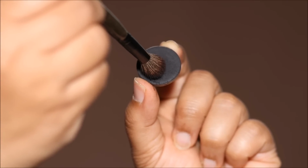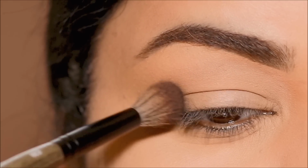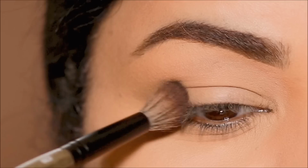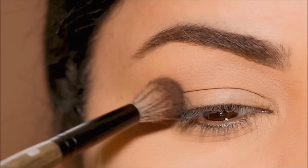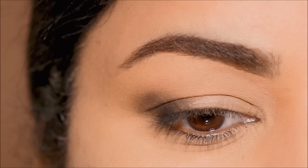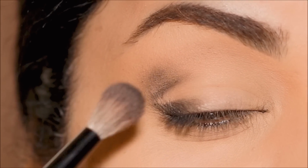I'm going to dip that brush in the black eyeshadow very lightly. Looking straight in the mirror, I'm going to start dabbing it in the outer corner. And by looking straight in the mirror, I am relaxing my lids, so I'm going over my hood in the outer corner. And now when I lift my brow, the hood lifts as well and you can see a gap